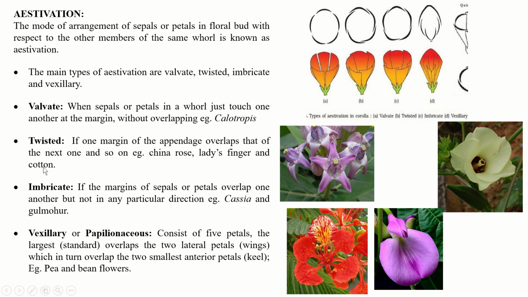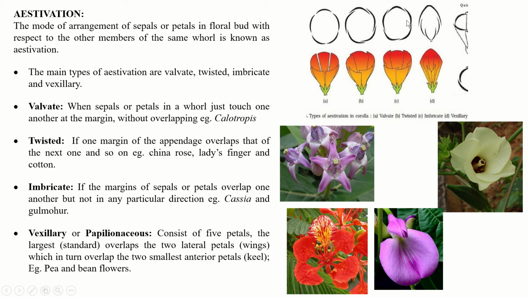Now the third type is the imbricate. If the margins of sepals or petals overlap one another but not in any particular direction. Examples: Cassia and Gulmohar. Imbricate type of estivation does not follow a particular pattern like twisted and valvate forms. Here you see one petal is completely inside,